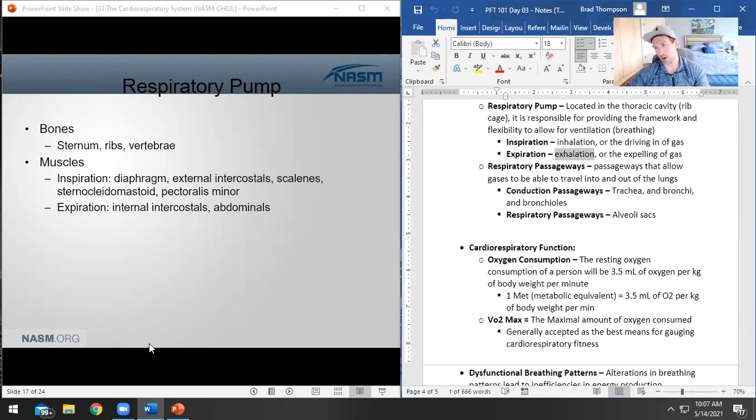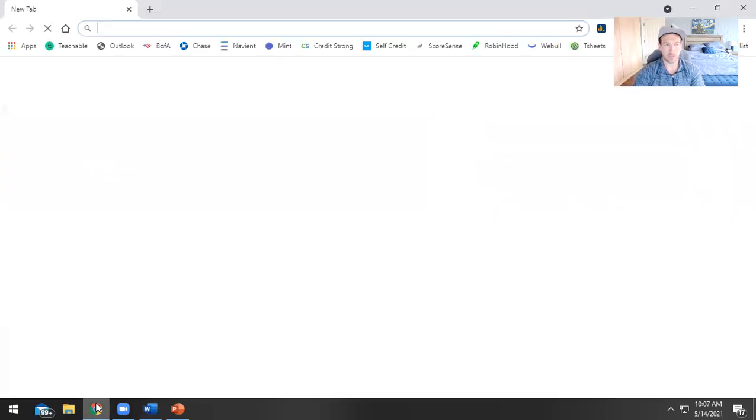But obviously there are muscles that are making all of this happen. How do we move those bones around? Those are where your muscles come in. And so the other part of your respiratory pump, you've got your inspiratory and your expiratory muscles here. The main muscle is going to be your diaphragm. And if you look at your diaphragm,